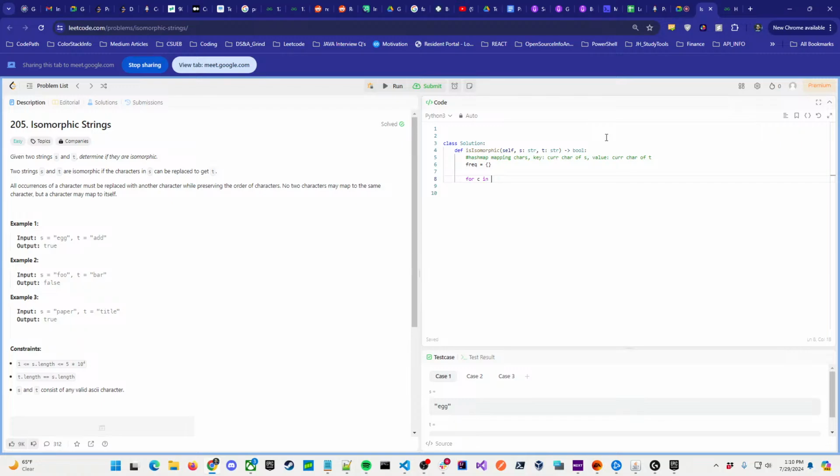Oh, you want the index? Got you. Python has the range. You have to do a +1 at the end or something like that, right? No, no. So for i in range, and then you put the length of S, and that's it. And then in here is where we're going to have